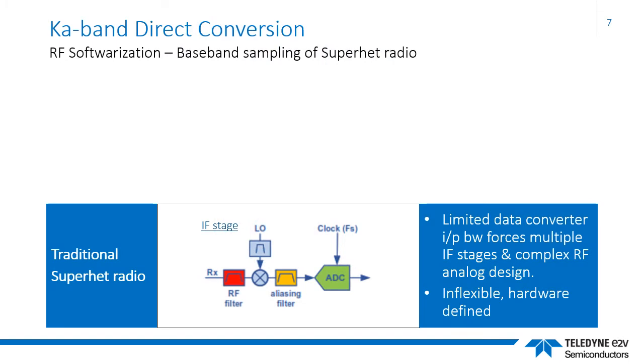I'm sure you're already familiar with the concept of the Nyquist sampling theorem. This rather simplified radio structure is the traditional superheterodyne receive circuit. The RF signal is fed into the RF bandpass filter on the left before being mixed at the intermediate frequency stage. Post-IF, a second bandpass anti-alias filter is required ahead of the baseband ADC.